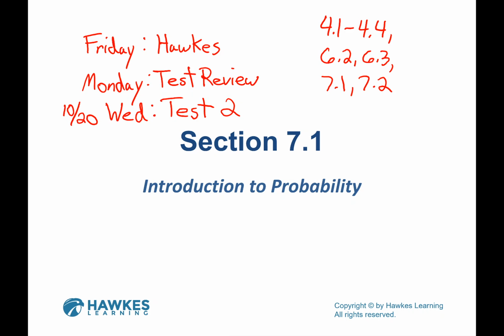All right, so we'll start looking at chapter 7. Chapter 7, we're just doing a little bit of probability, and we're not getting crazy with it, like with most of the sections or most of the chapters in this class. We just kind of get the basics and then go on to something else. So that's what we're doing, especially in 7.1. We're really just looking at the basics, and then we'll get just a little bit deeper in 7.2.